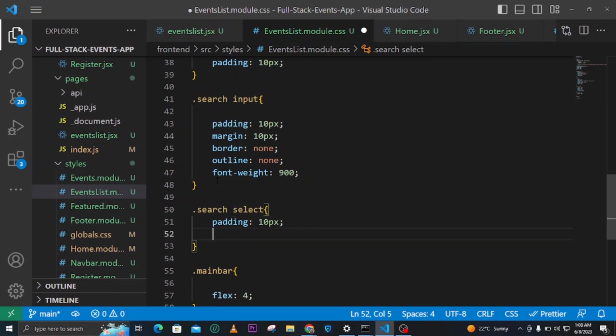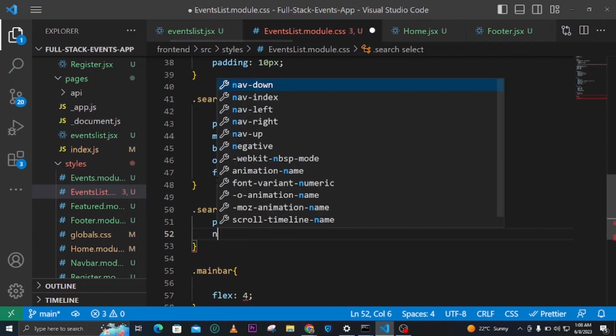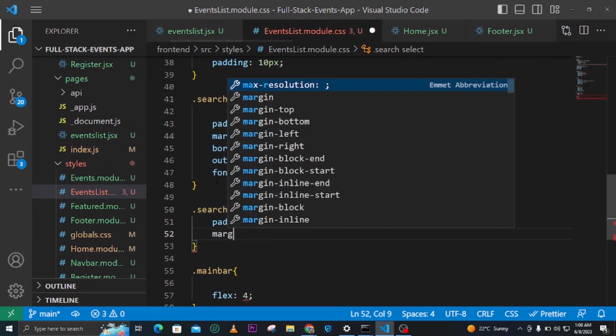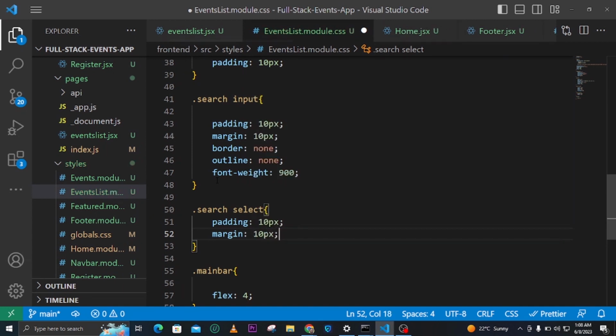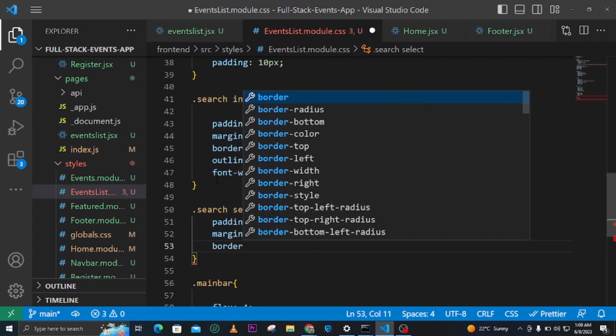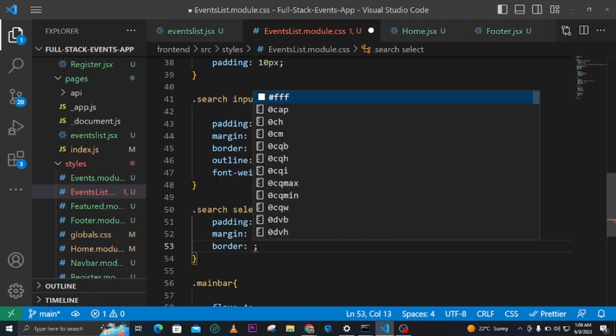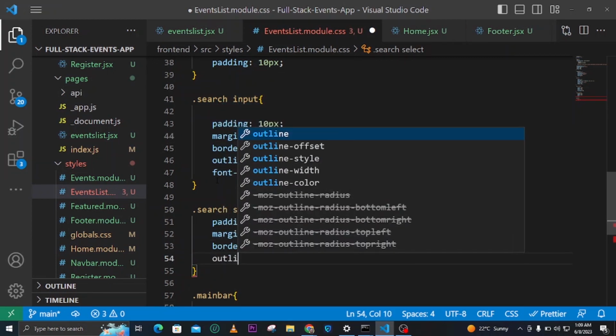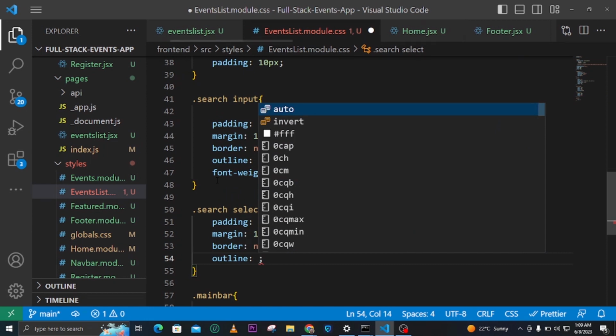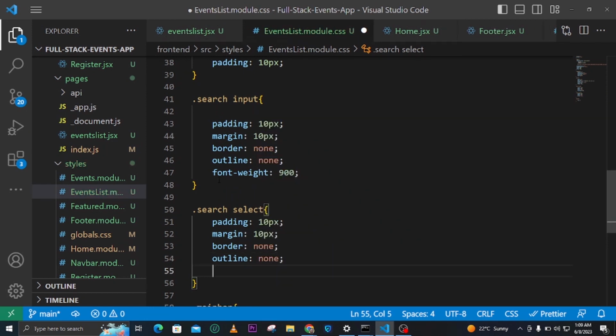And the other thing is that also we need to have a margin, so the margin should be like 10 pixels. The other thing is that we need to have a border. So a border here, and this border will give it none, and then outline also will be none. So it's like the one for the input, none. And then font weight